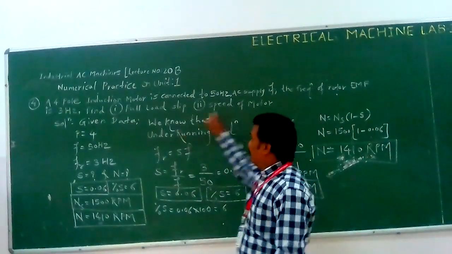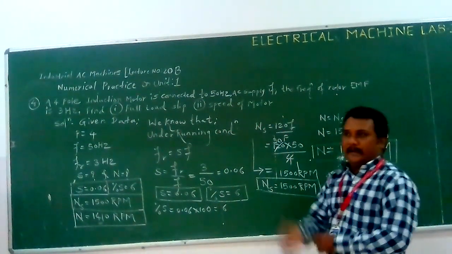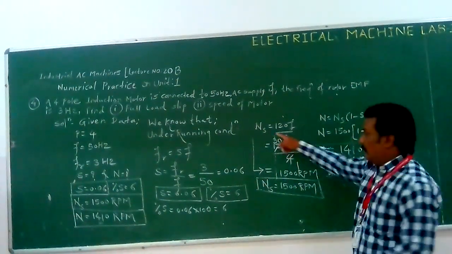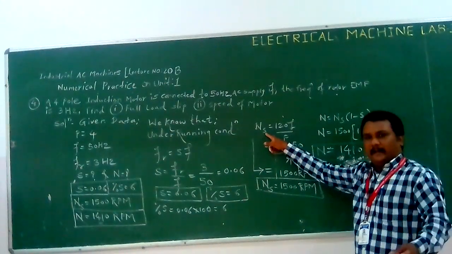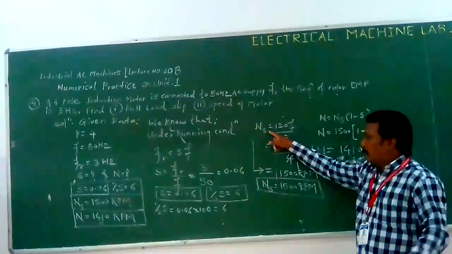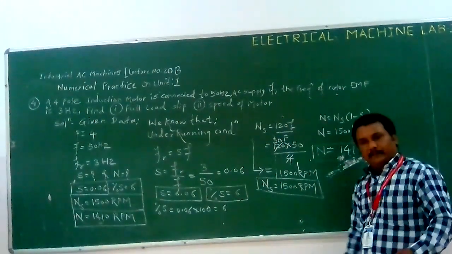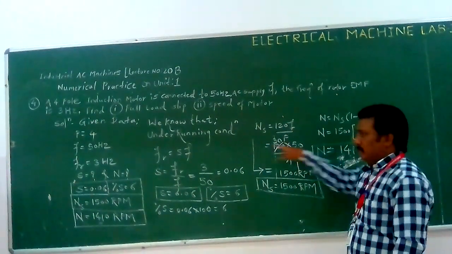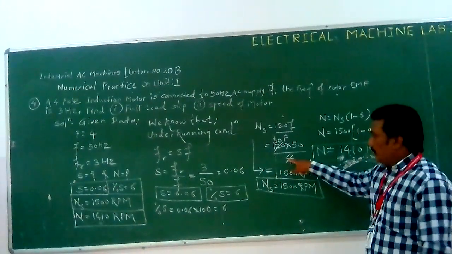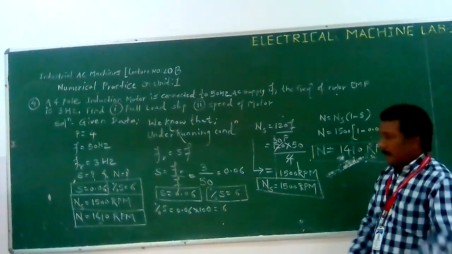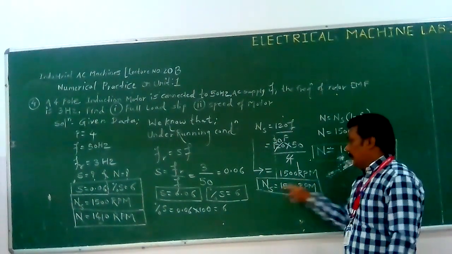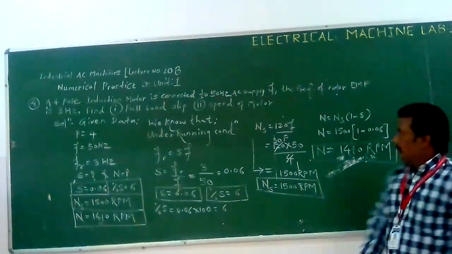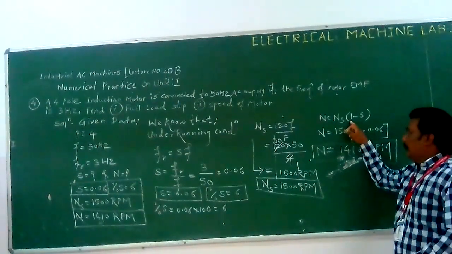Now the second unknown parameter is the speed. For speed calculation, synchronous speed calculation is compulsory. Then we calculate the synchronous speed, as we calculated previously: Ns is equal to 120 f upon P. Then by putting in the values, 120 into f, given as 50 from the given data, upon the number of machine poles, 4. By simplifying, the synchronous speed will be 1500 rpm. Then going to the calculation of the actual speed, N is equal to Ns into (1 minus S).